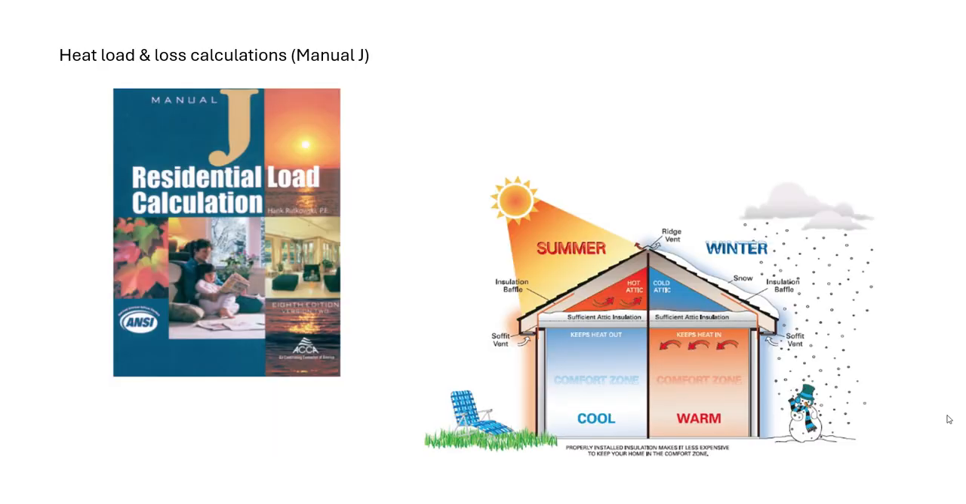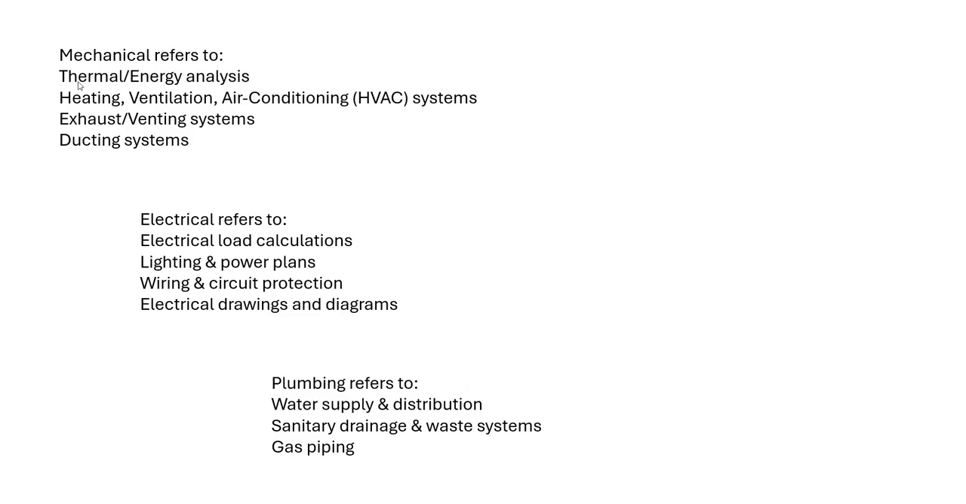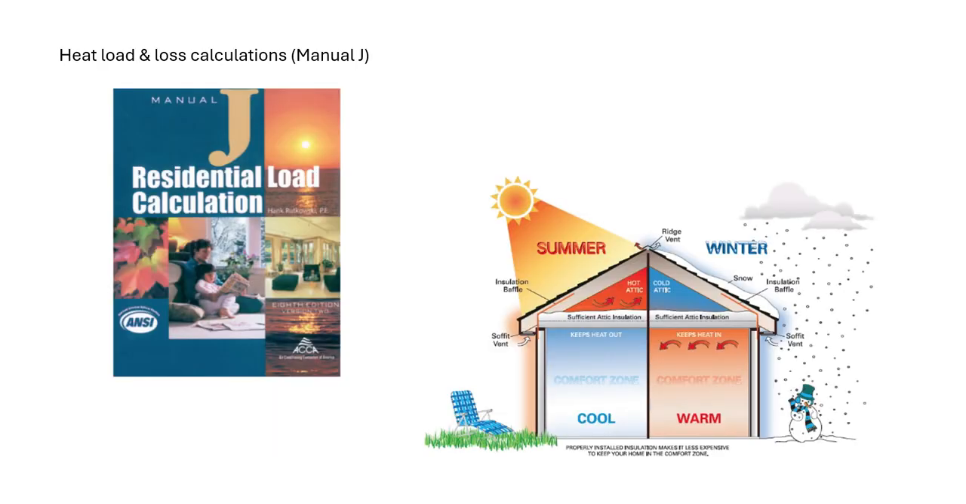All right, so if we jump right into the M, the mechanical, as we talked about before, there's a thermal and energy analysis, and it also talks about HVAC systems. So the industry standard, especially for residential, there's a book called Manual J, which is produced by an organization called ACCA, the Air Conditioning Contractors of America. And they put out this manual. It's a book that details how to do the calculation, what methods to use, how to consider different materials and